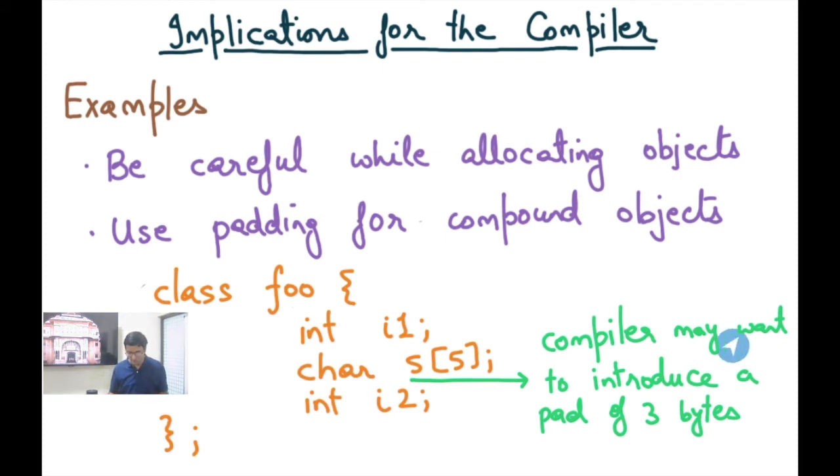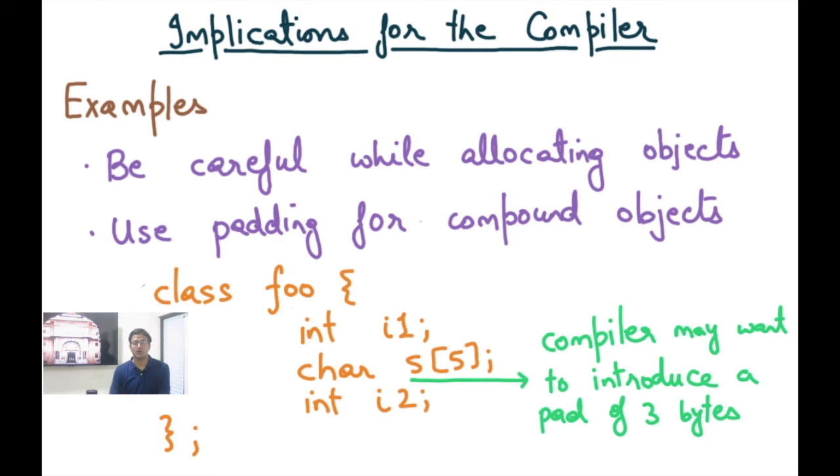So for example, the compiler may want to introduce a pad of 3 bytes between either the first integer and S, or between S and the second integer, so that I1 and I2 can remain aligned, and I can have the character array of 5 bytes S in the middle of both of them. And so these padding bytes are going to take some extra space, in this case 3 bytes, and that is a wastage of space, you may think,